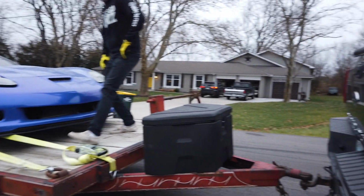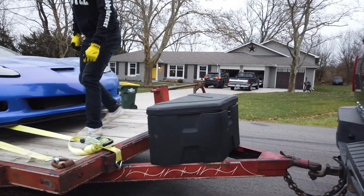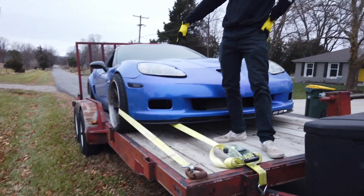Okay, we're at Jack's. You guys might remember this place. I built the 240 here, and we've done multiple videos with Jack's car here. Anyway, it's freezing. We're just going to unload this thing. Hopefully it goes well. This tire's kind of hanging off. I'm super cold, so...